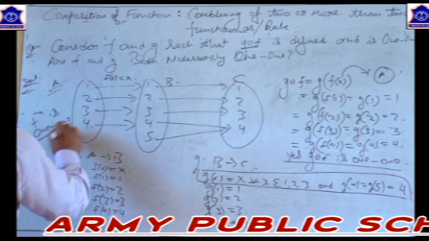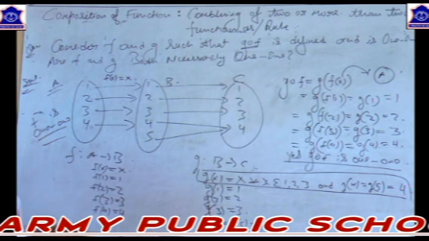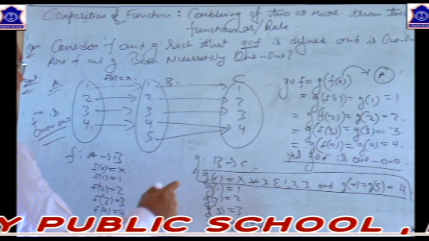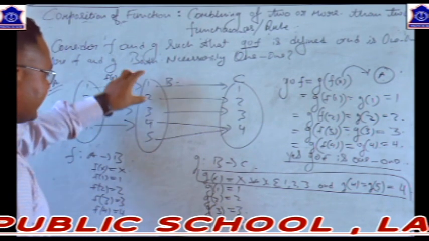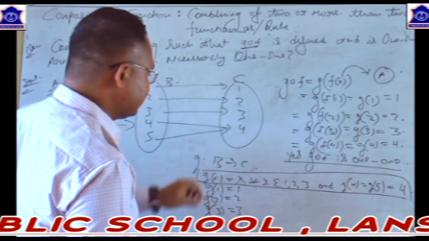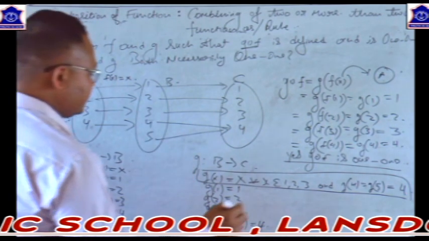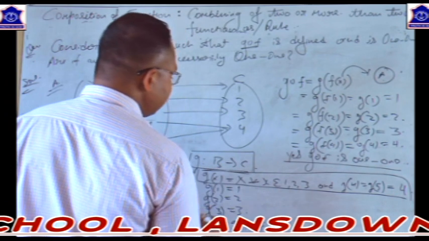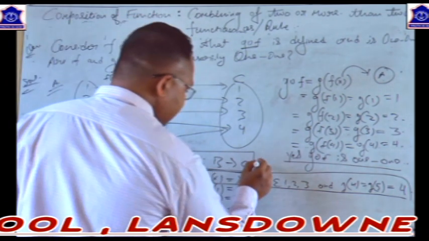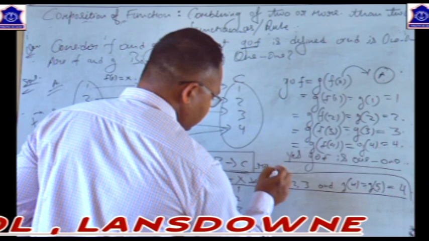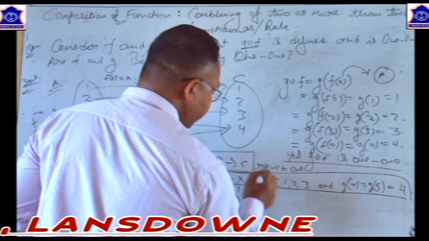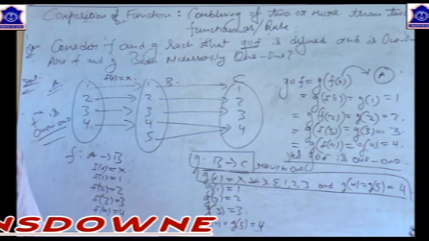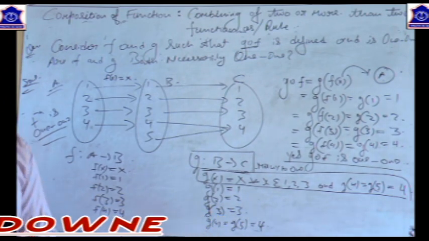Talking about g function, that is from B to C. g function is from B set to C set. We can see that 2 elements of the set B have the same image in set C. यानी कि जो g function है, which means this g function B to C, it is not 1-1 but it is many to 1. This is many to 1. So this is a method to check whether a given function or a composition of function is 1-1 or not.